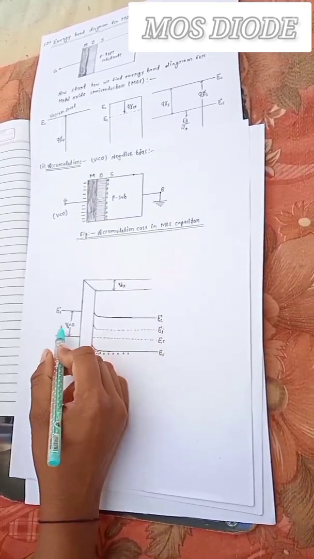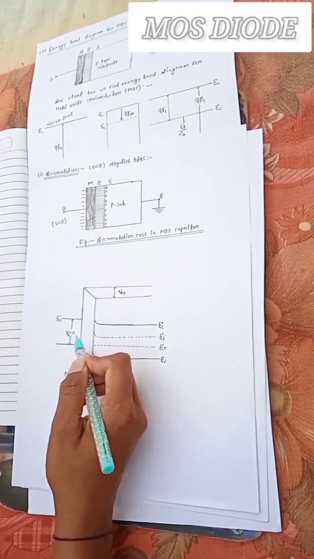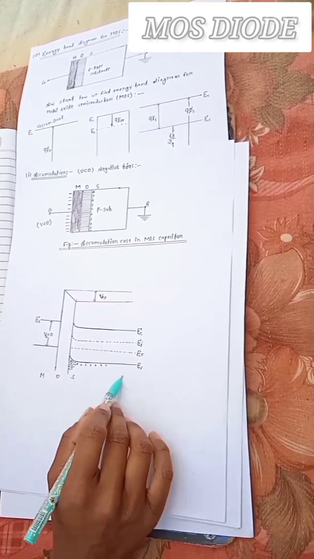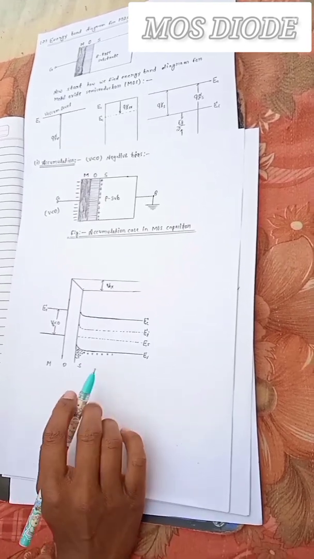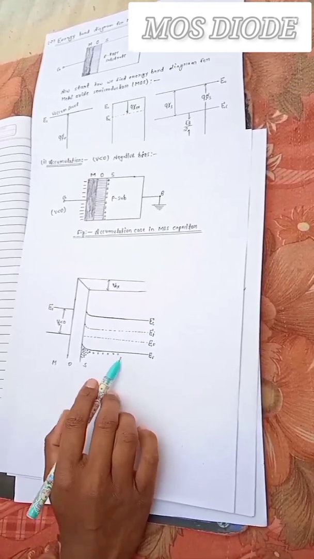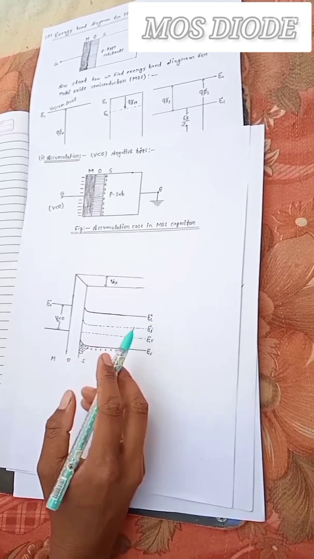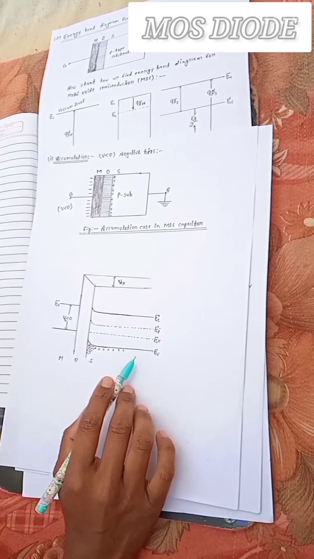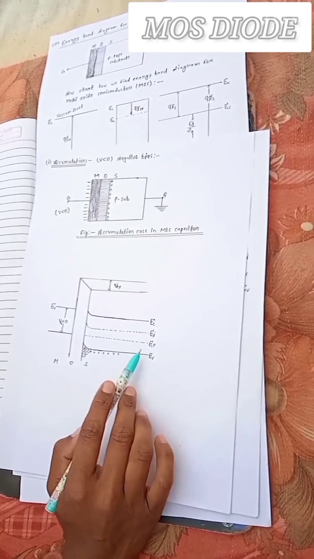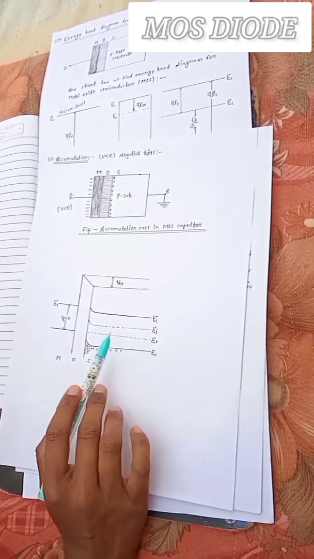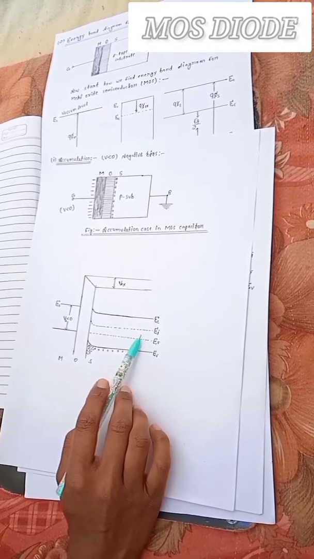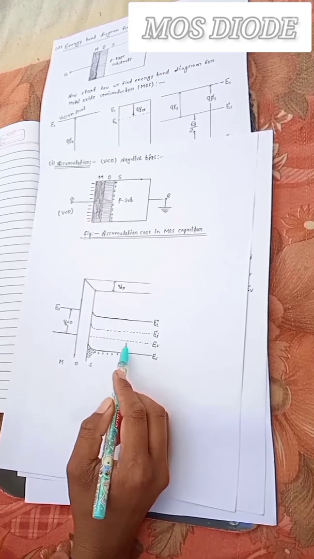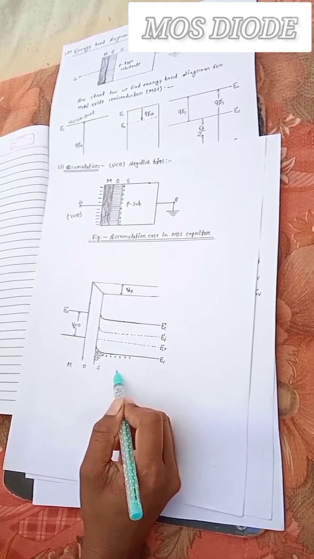So if I apply negative voltage on the gate, holes will be attracted, so there will be more holes here. There are more holes accumulating there, so the bands will bend up. The conduction band bends up, the intrinsic level bends up, and the valence band bends up, and the Fermi level does not change in this condition, due to current flow in the semiconductor. And the Fermi level and valence band come closer in the semiconductor.